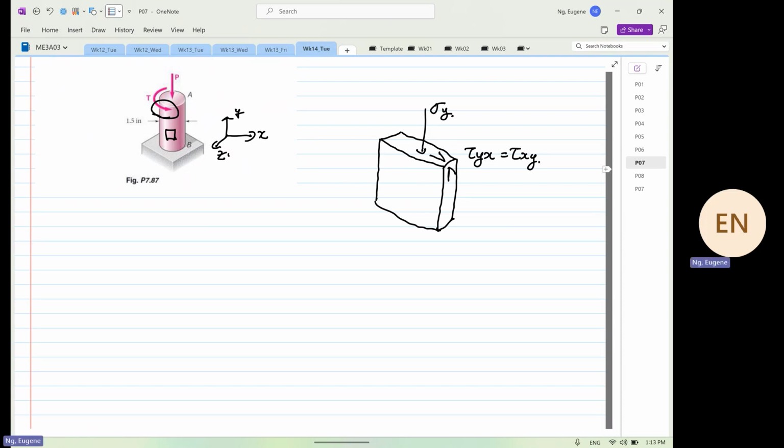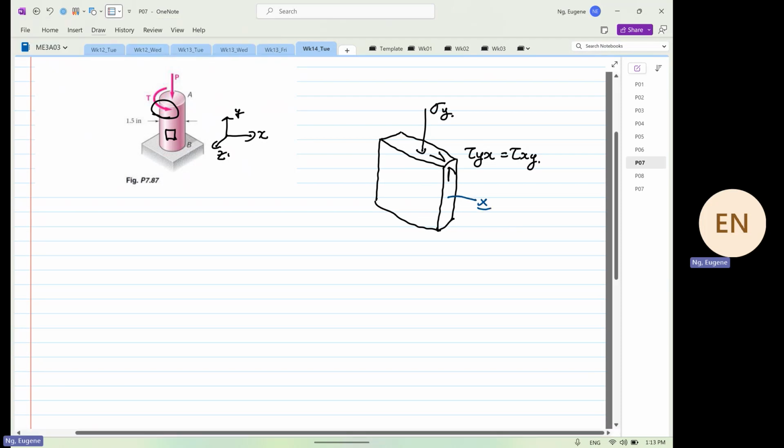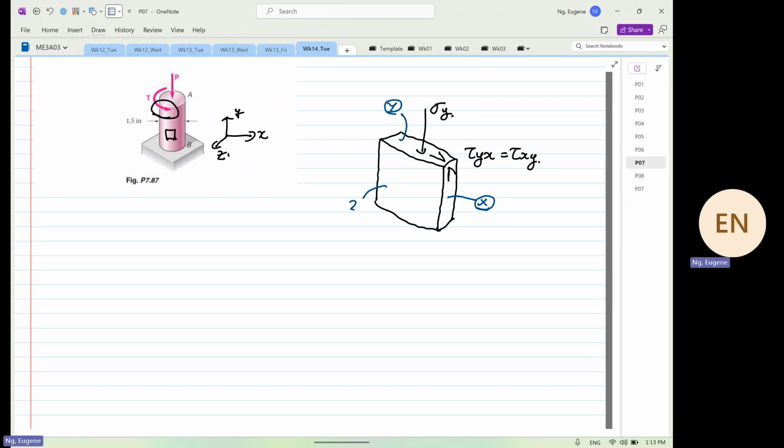From here, we are going to sketch our 3D Mohr circle. We sketch our 3D Mohr circle to ensure that the stress A and stress B that we use are the maximum and minimum numbers. So this is our point X. You guys have seen me sketch this so many times. So this is our surface X, our Y, and this is our Z. So when we sketch this out,